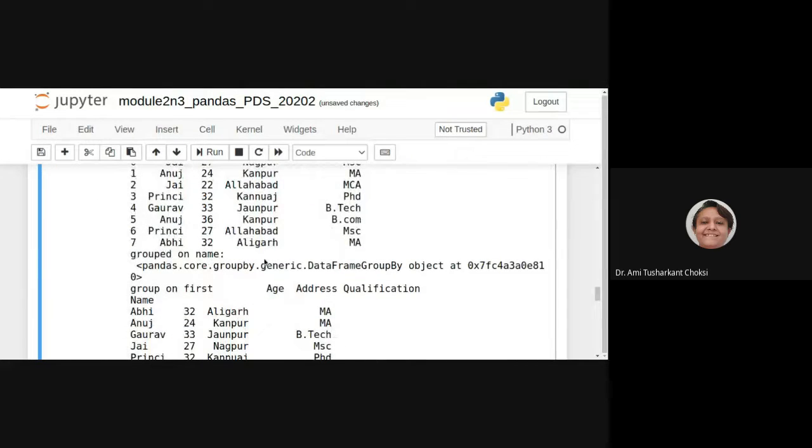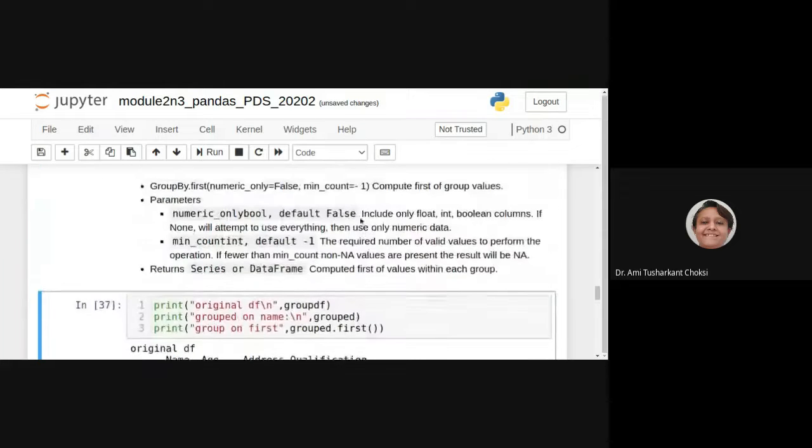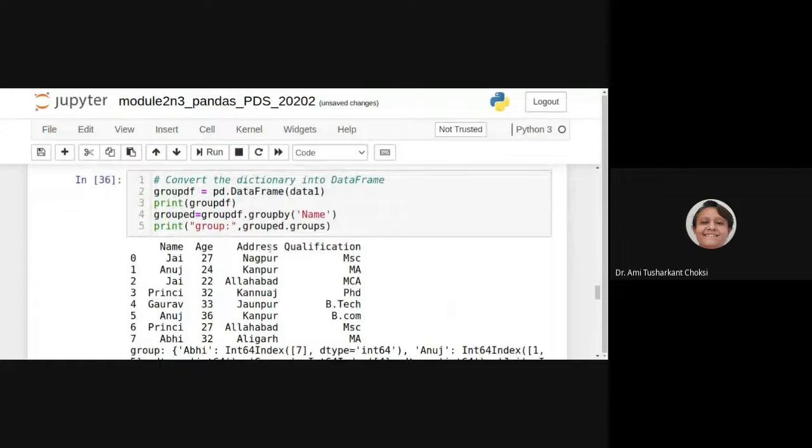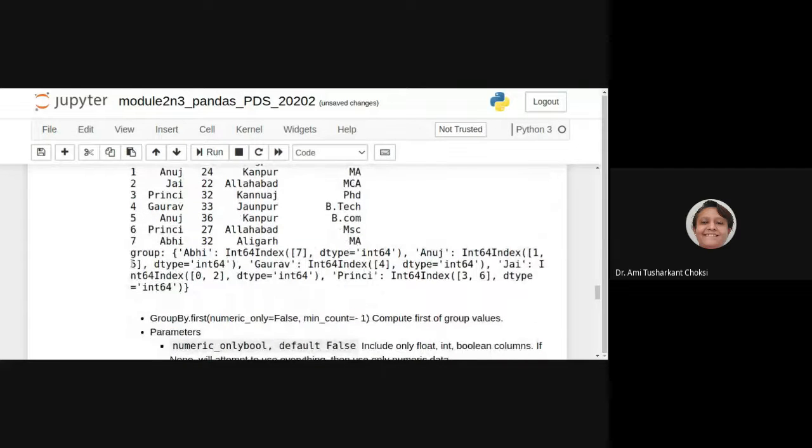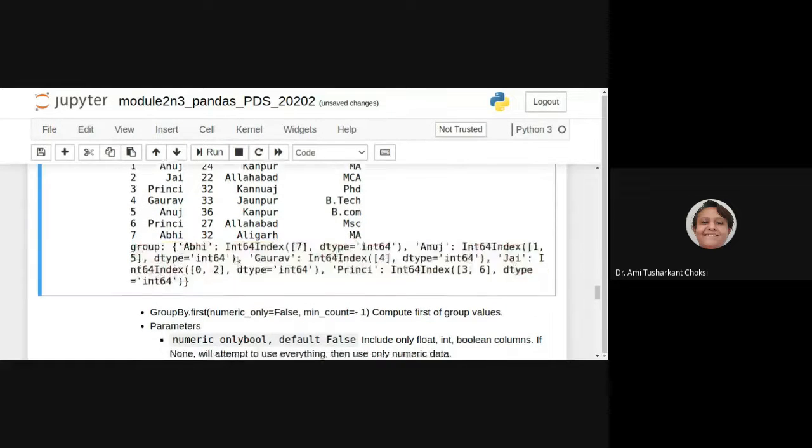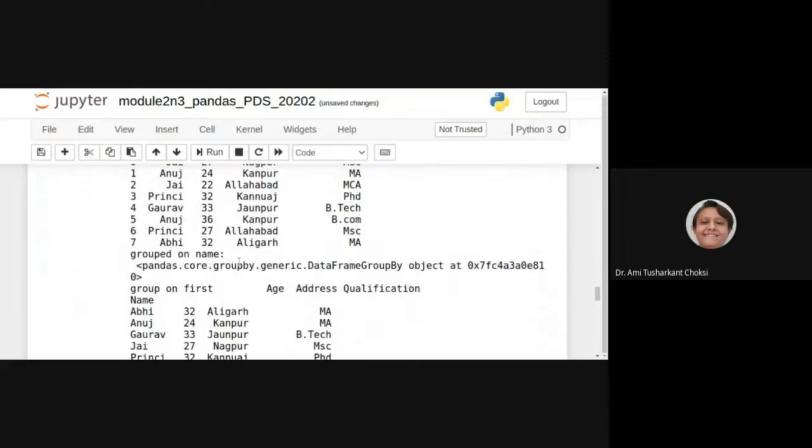Yeah, it is here on name, right? So that is the data frame. And how we did that? We have directly printed the result there, right? So it was giving us these groups. Here it is only giving us the object.